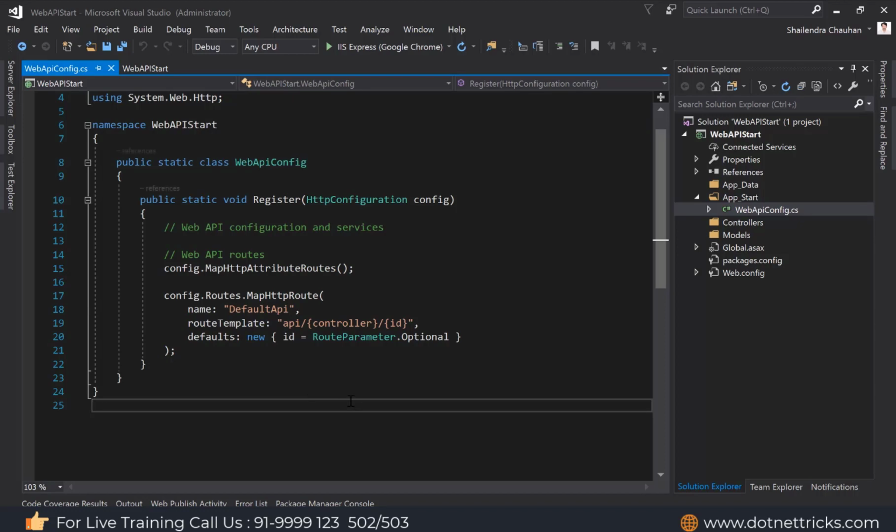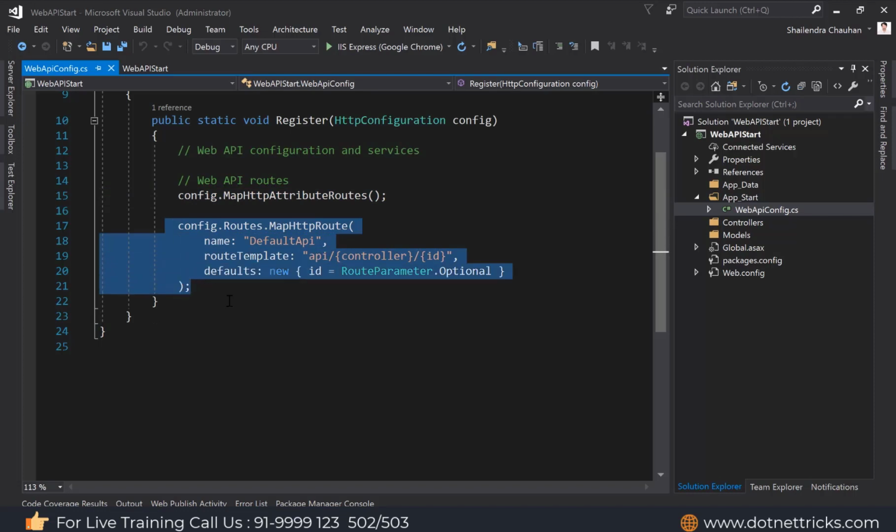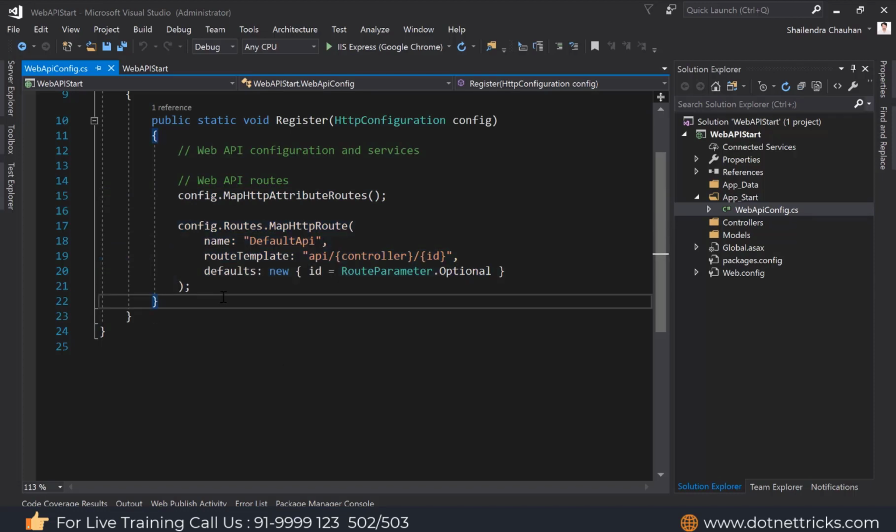If you remember, in the RouteConfig file of MVC, we define the routes for our application. In the same way for Web API also we define the routes. It is configuring the attribute routing for our Web API. It is configuring the convention-based routing for our Web API.